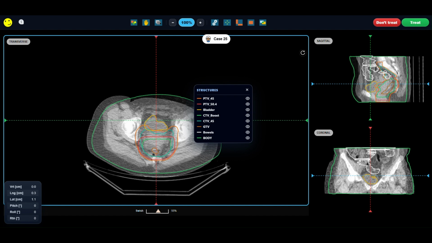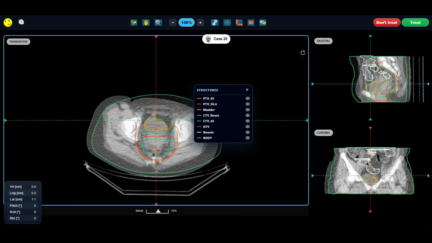So GTV stands for gross tumor volume. This is the visible, known or palpable tumor seen on the imaging or examination. And then CTV stands for clinical target volume, and this includes the GTV plus any area that may contain any